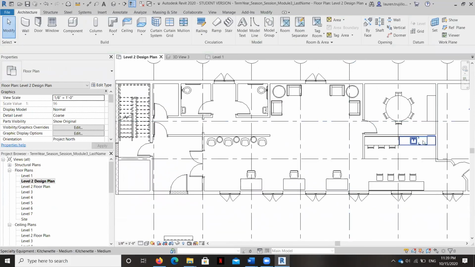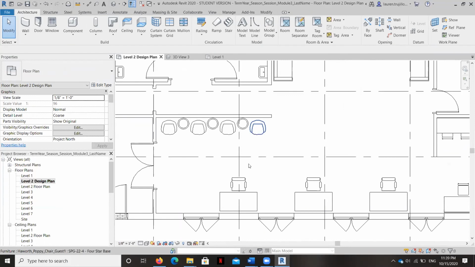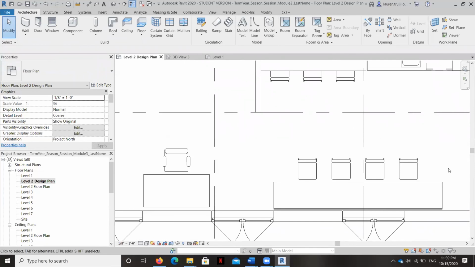You can see I've moved the kitchenette around, but all of these components were the pieces that were already brought in. And so I want you to go ahead and place these, but I want you to not just arbitrarily place your objects. I want you to copy them and make sure that they're in the same location relative to each window. So I placed this one, moved it, and then I copied it and grabbed as the base point the side of the window so that when I moved it, they were in the same location relative to the windows. I also placed these chairs so that they were even.